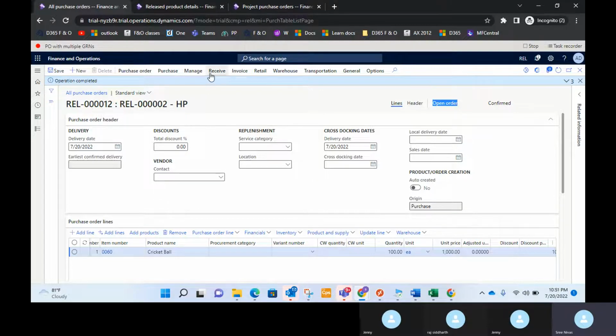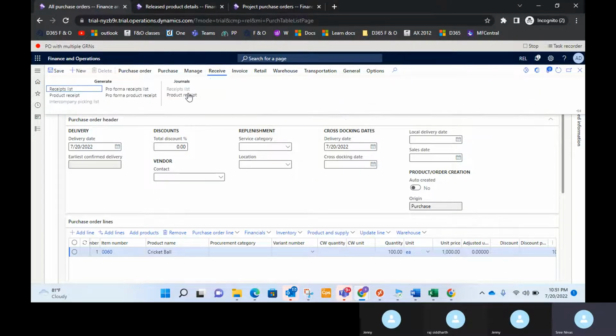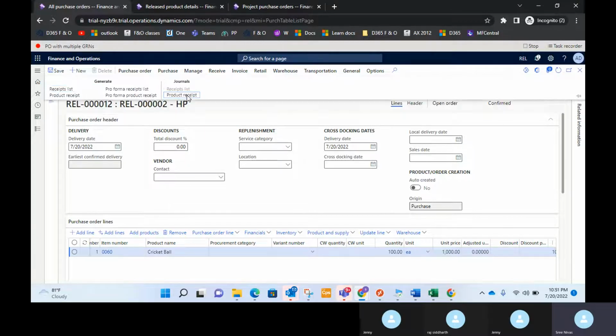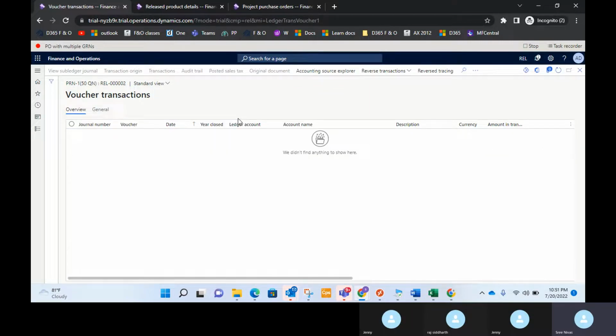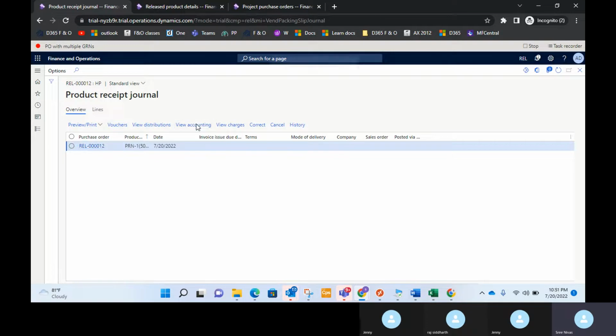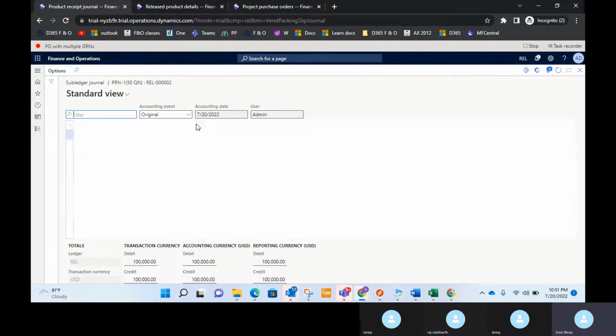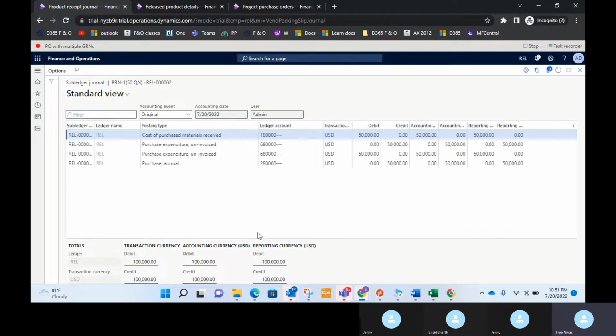Now let's quickly see what is the journal entry that has been posted for this 50 quantity. Click on the product receipt, vouchers. Okay, it will take some time to load here. Click on view accounting. Yeah, can you see here,